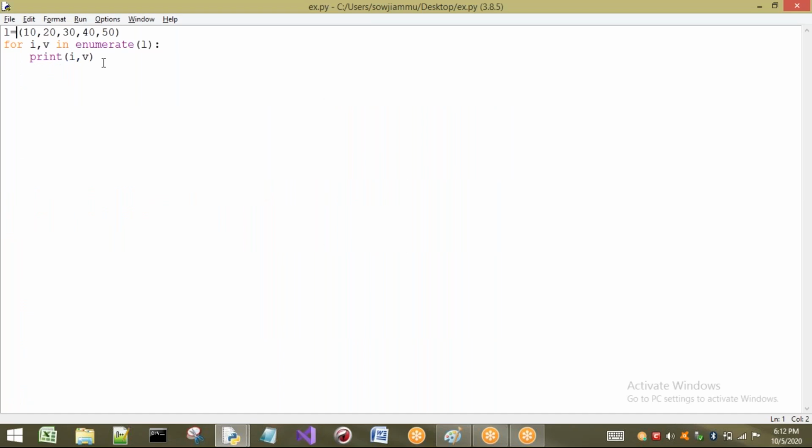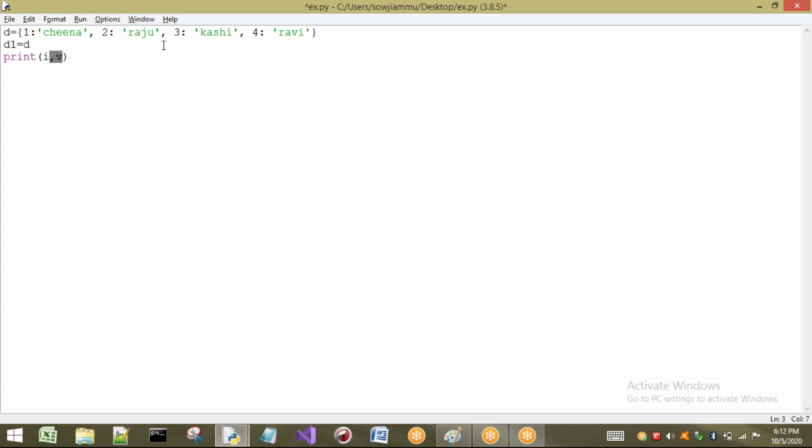Okay, now let us go to the copy function. Already we have seen this copy function. It is going to create a separate copy. I will show you. Now I am going to take one dictionary, and I want to create one more dictionary of the same type, with the same elements as D. I want to create the same dictionary. So what am I going to write? I'm going to write D1 equal to D.